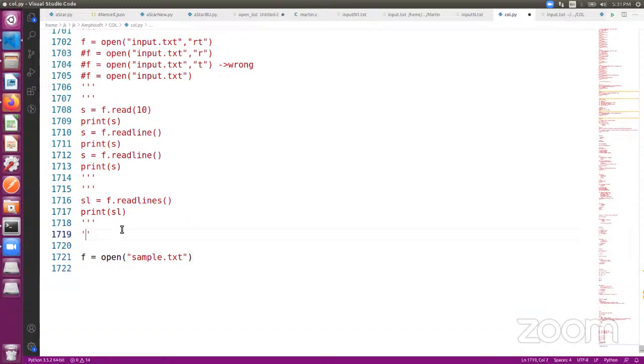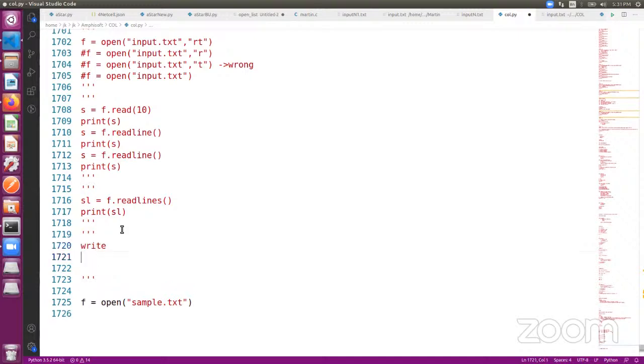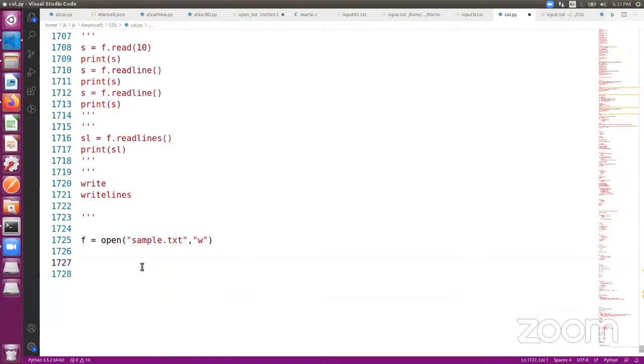And for writing into a file, we have two functions. One is write itself, and the second function is write lines. Okay, so these two functions are there. And what is the mode in which I have to open the file? To write into a file, I have to open it using write mode. That's it, W. So for writing into a file, I should have some text. Okay, so T is equal to